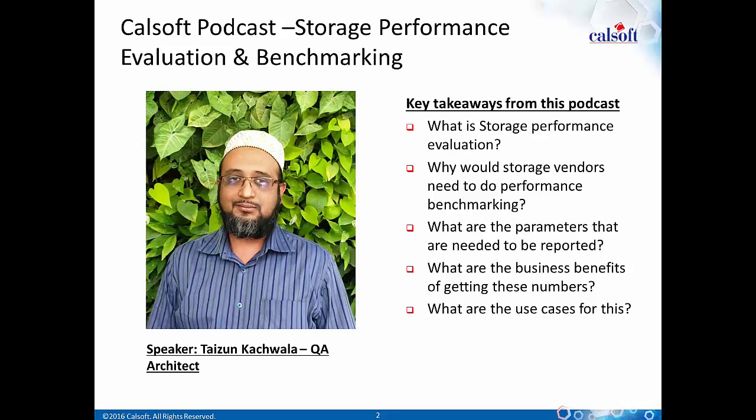Yeah, rightly, Mark. As I mentioned at the start of the podcast, someone needs to have an understanding of the entire storage subsystem, right from the application that is going to use that storage, to the OS internals where the application is installed, the storage controller and the entire networking. Someone needs to have knowledge of all these different objects in order to fine tune, understand the intricacies, and then measure the performance of the underlying storage file system. So that's where we come in. Major service providers in this space, including Calsoft, understand this nitty-gritty, and with their niche segment expertise, they can help the storage vendors achieve what they want in terms of performance measurement and